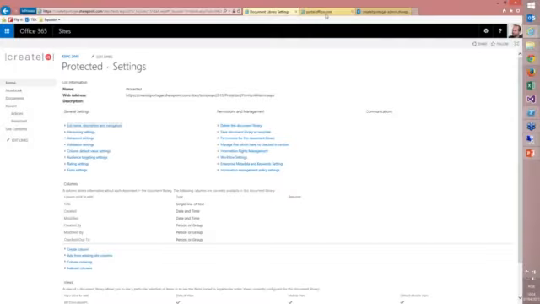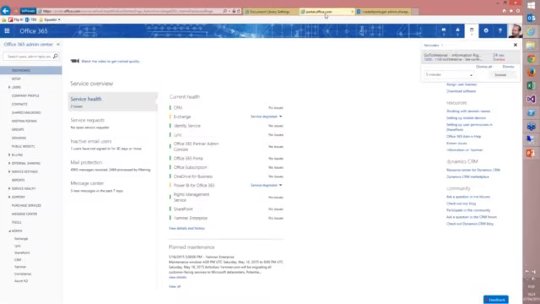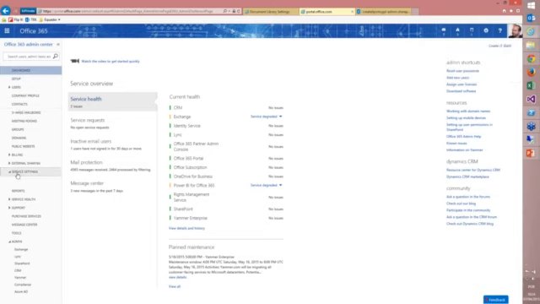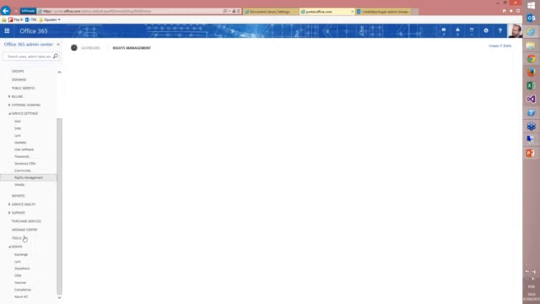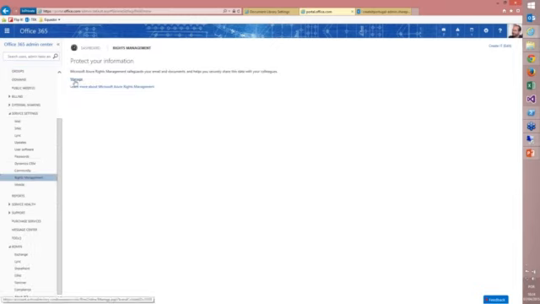Okay, so in this second demo, I'll show you how to set up IRM in SharePoint Online. It requires two simple steps for which you need to be a tenant administrator. So the first step would be to activate IRM in Office 365. Once you're in this tenant administration portal, on the left navigation menu, you can expand the service settings and then click on Rights Management. In this screen, just click Manage,